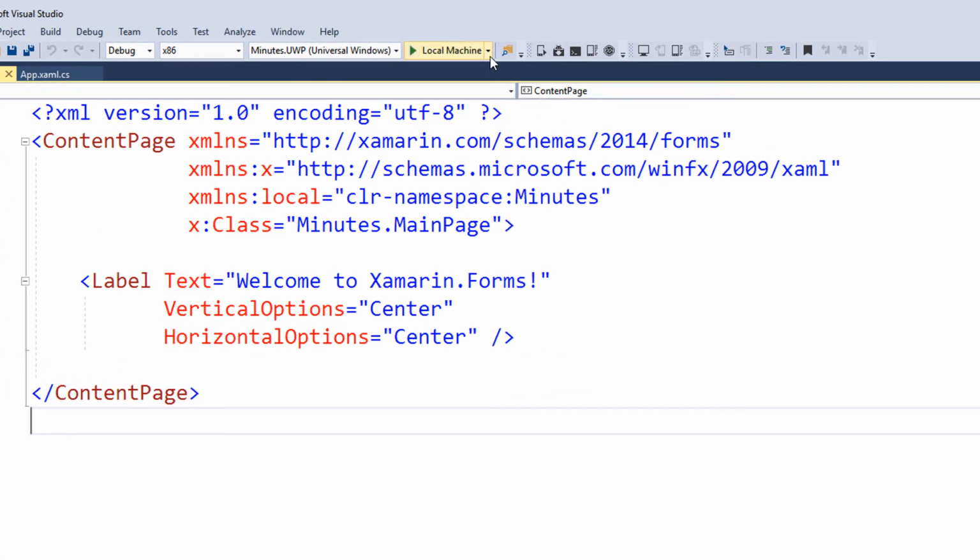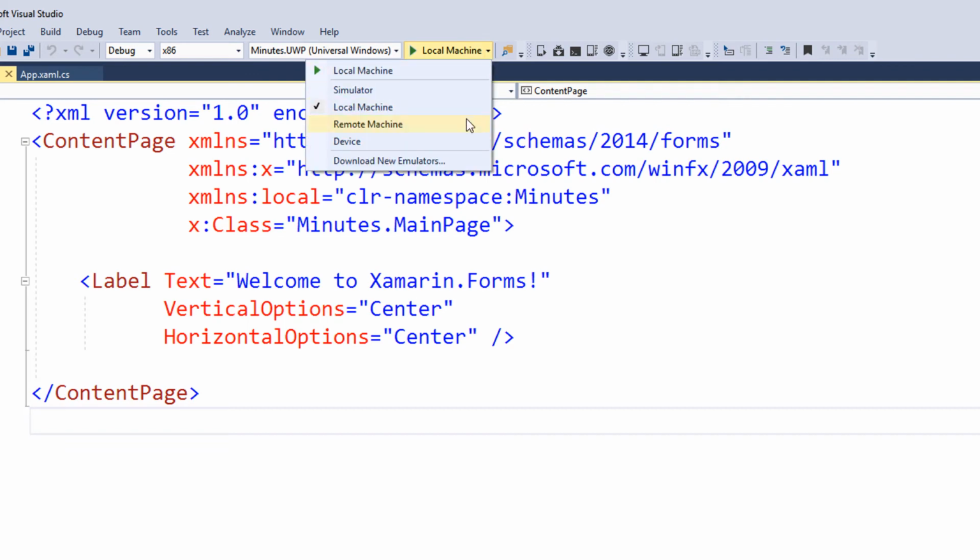If I drop down this little disclosure arrow here, next to where it says local machine, this is where those other options I mentioned show up. So I could launch the simulator here on this machine to test other form factors. I could connect to a remote machine. I could connect to a device that's attached to my local machine, or I could even download new software emulators if I wanted to test on something like HoloLens. But again, in my experience, the most common thing is to run on the local machine. That gives you the quickest change your code, build, and test cycle. So that's what we're going to stick with.